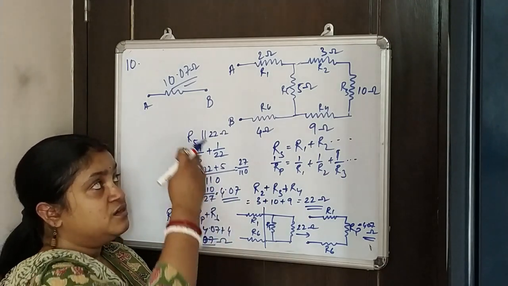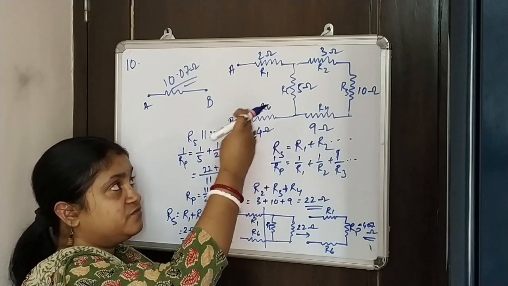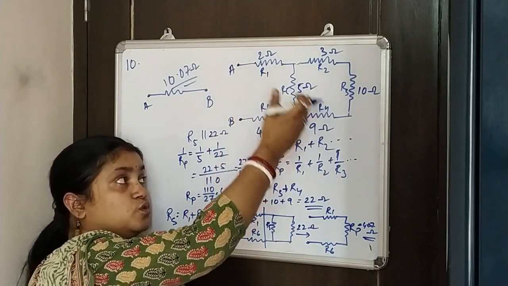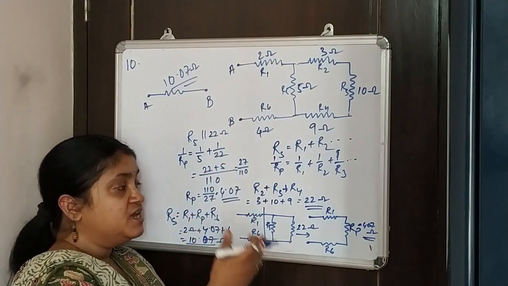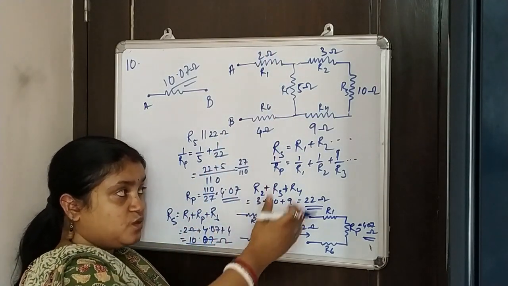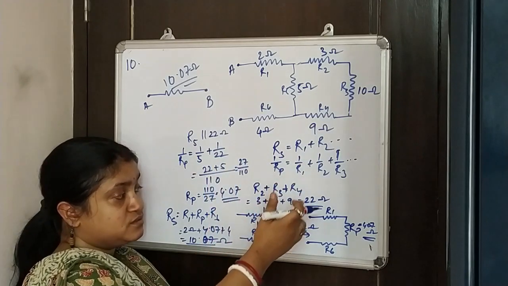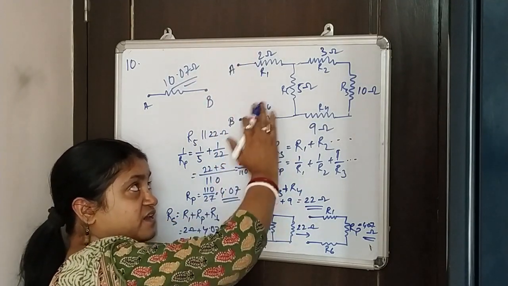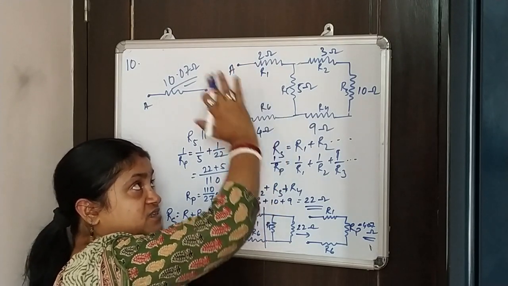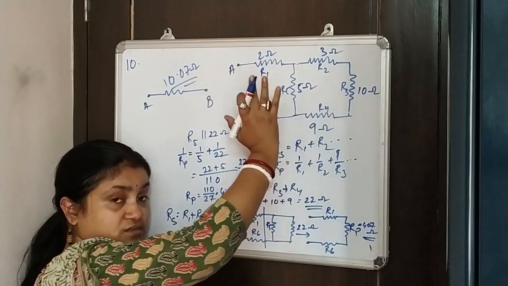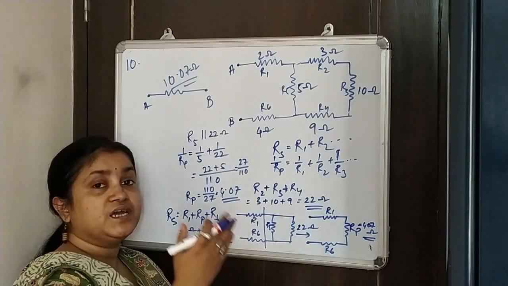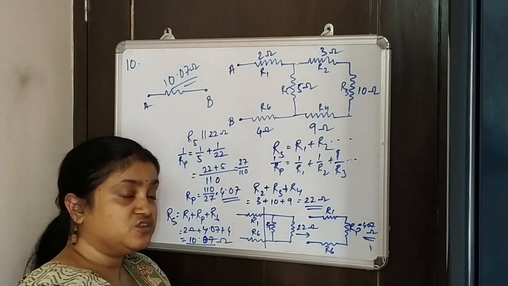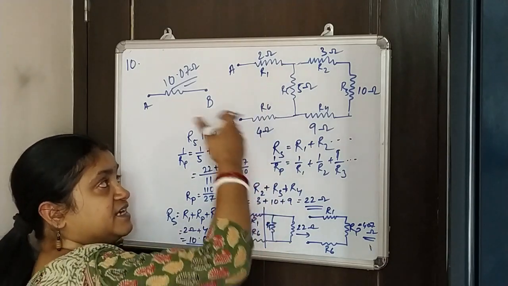Like this, for any kind of circuit, for any kind of combination, you have to go section by section and then find out what would be your equivalent circuit. So one equivalent resistance would be in a certain combination with another section of the circuit. So you can analyze section by section what will be the combination of resistance and finally get it.